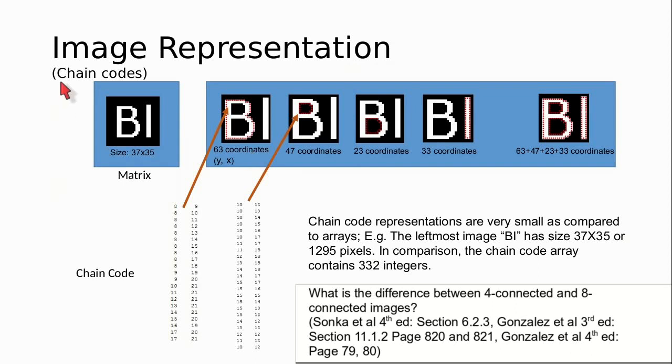You also have another representation called chain code representation. Chain code representations are something that we will touch upon again in the subsequent slides, but this is a representation which is suitable only for black and white images. So let's imagine you had a black and white image which is like this. So ignore the blue colored border, but just consider the image inside it.